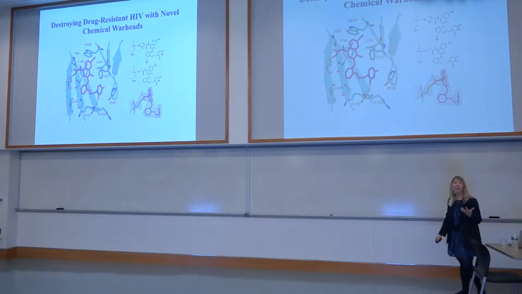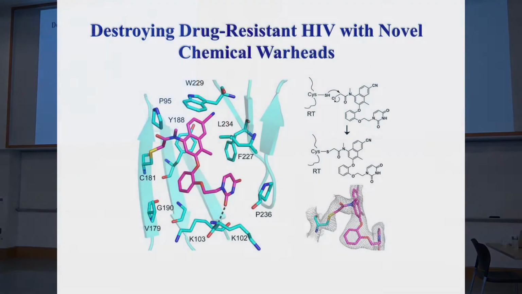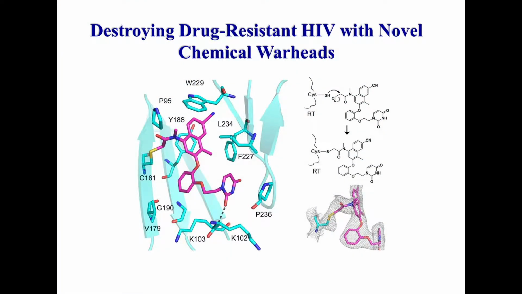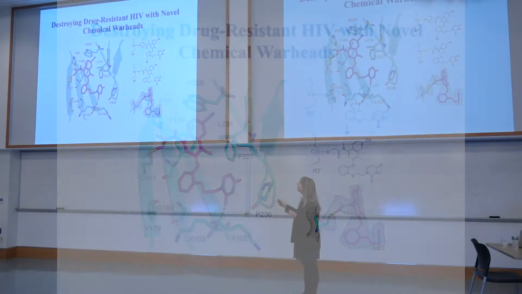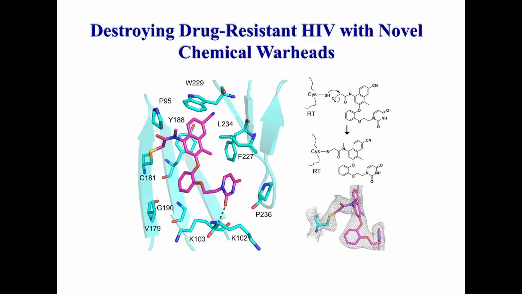And so the idea here is that maybe we could take one of our current scaffolds and use our structural information, and perhaps, especially for this particular mutant, which is a cysteine mutant, this Y191C is a key drug-resistant mutant, maybe we could design this chemical warhead, as I've illustrated here, some of the possibilities, and alkylate that cysteine residue so that we would get a covalent type inhibitor.